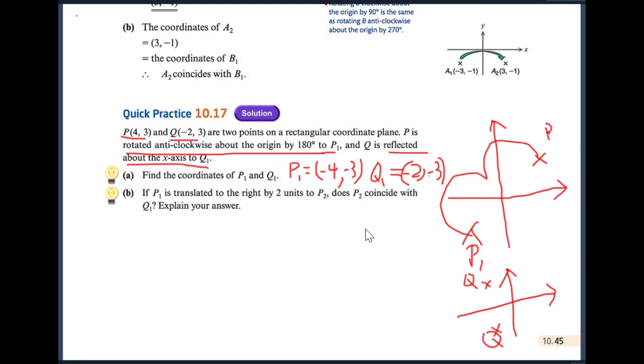Next is about coincide. If you have a look at the examples, you get the meaning of coincide. That means that the 2 points have the same x coordinate and y coordinate. So let's check P1 translated to the right by 2 units to P2 and check the values of it. P1 originally is -4, -3 according to your answer in part A. So when you translate to the right by 2 units,